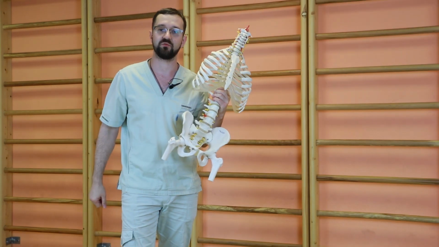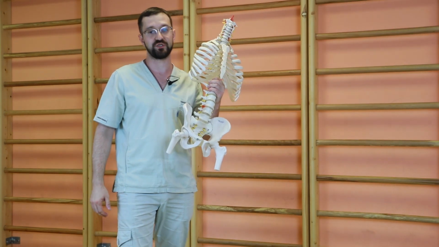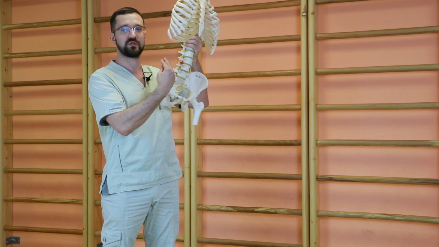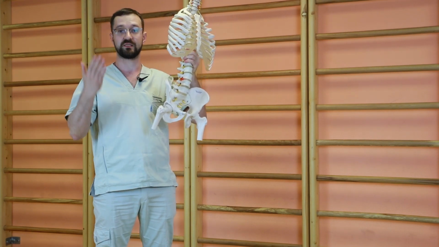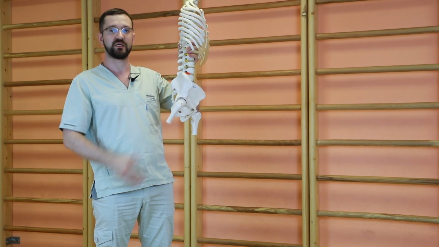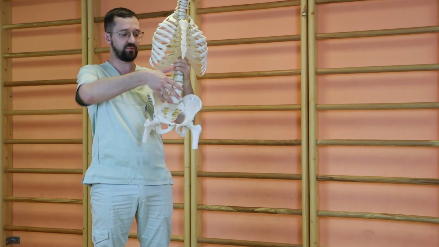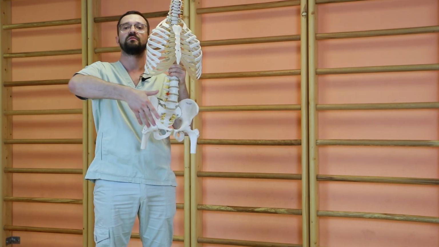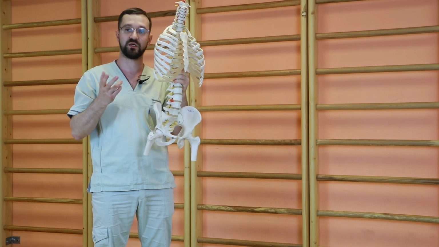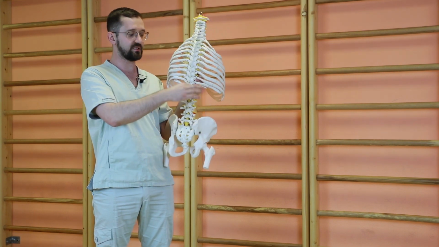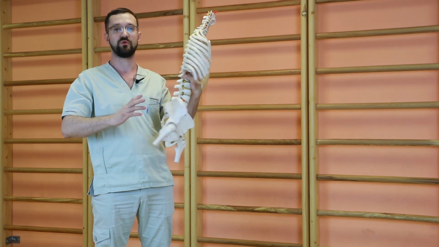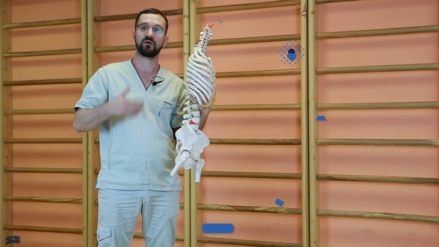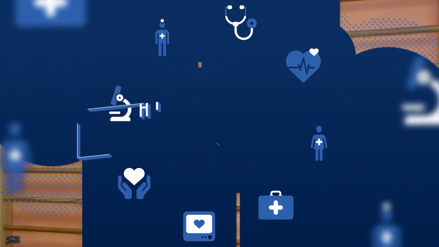How will we use the exercises to improve your pelvic tilt situation? The thing is that the position of the pelvis is determined by the muscles. Iliopsoas and quadriceps muscles pull the pelvis forward, so we are going to stretch them. The hamstrings, that is, the posterior surface of the thigh, and the abs pull the pelvis back, so we're going to strengthen them. The long extensors of the back also move the pelvis forward, so we'll be stretching them. Now let's move on to the exercises.